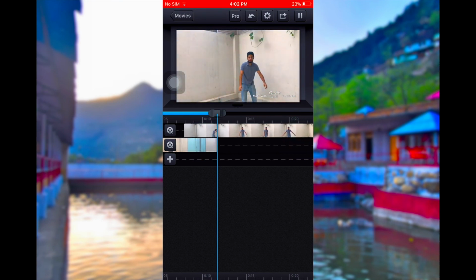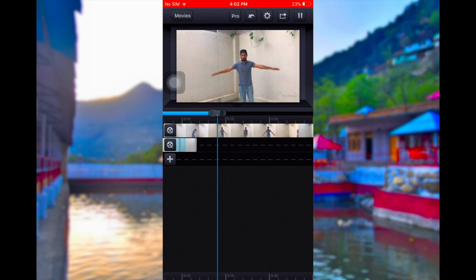So you can see, yeah, this is pretty much all the things that you do for this kind of effect,